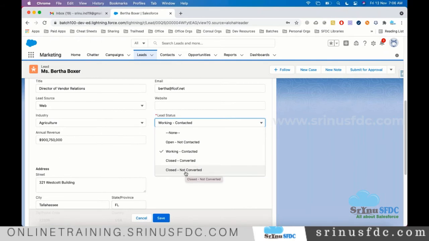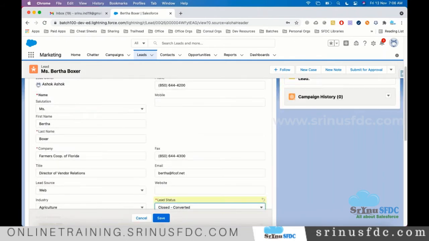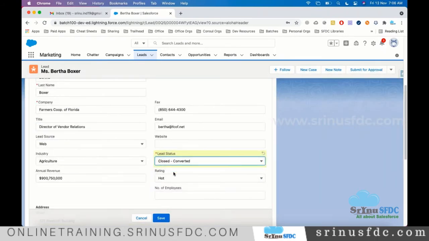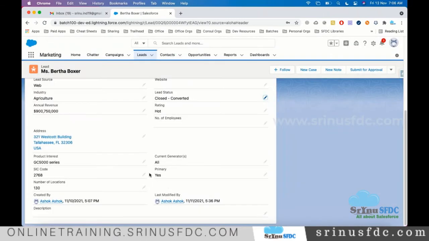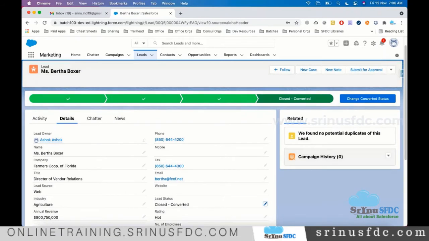Let's say the lead is interested. They want to understand more details, the quotation and everything. Once the lead shows interest, we mark it as closed converted, and the lead can be converted into an account, contact, and opportunity. To convert, once we open one of the leads, on top you see a button called Convert.